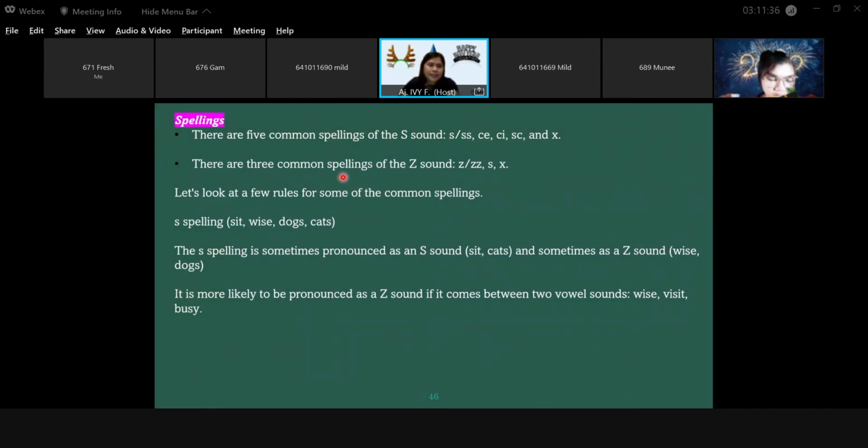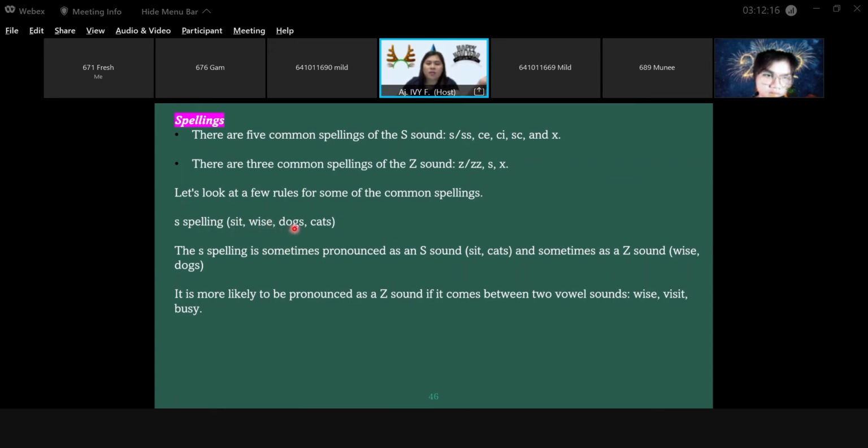Okay, spellings. How should we write it? There are 5 common spellings of the S sound. We have single S, double S, CE, CI, SC, and X. And there are 3 common spellings for the Z sound. We have single Z, double Z, S, and X. So let's look at a few rules of some of these common spellings. S spelling, we have sit,